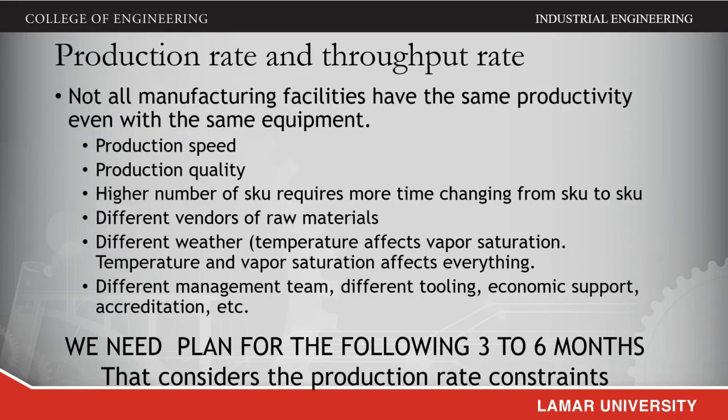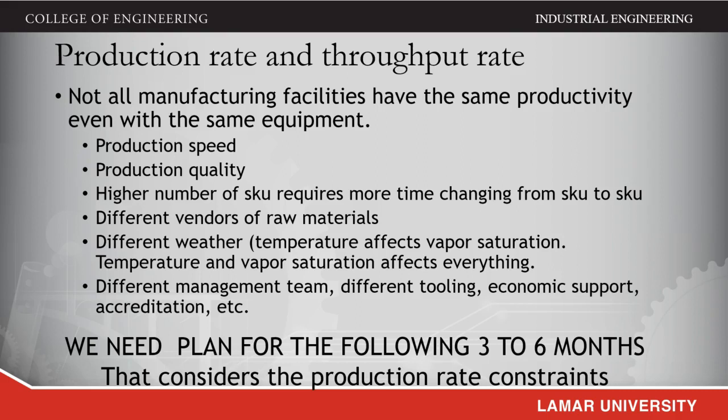The production rate. Different locations will have different productivity, measured as the product per unit of time or the quality of the product. Higher variety of SKUs require more time changing from SKU to SKU, giving higher productivity to lower variety locations. Different vendors or raw materials may have different delivery terms in price, time, and quality. Even the weather, labor, and commercial laws or the manufacturing team may be factors that affect the productivity of different